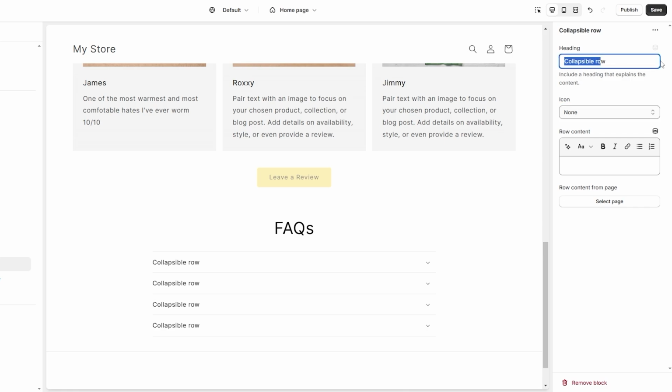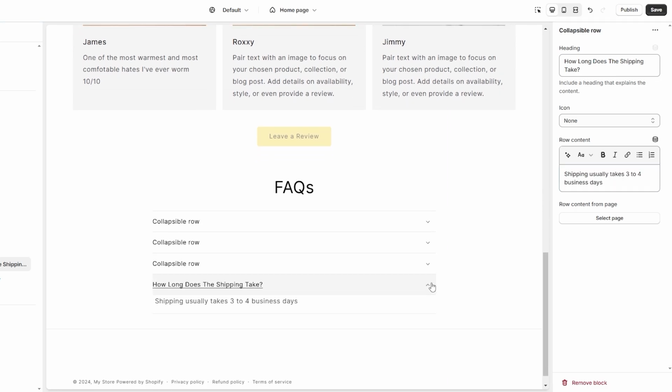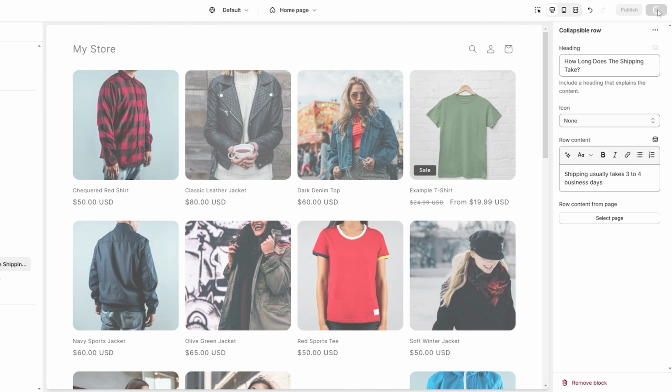And then over here, heading, you can add the question over here, like how long does the shipping take? And you can then down below add the answer to that question, right? Shipping usually takes 3 to 4 business days, something like that. That way people can just simply come over here, click on it, and they'll have the answer down below. And pretty simple. So once that's done, make sure to save